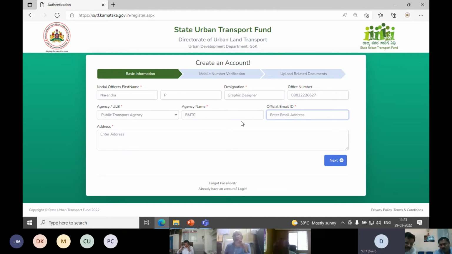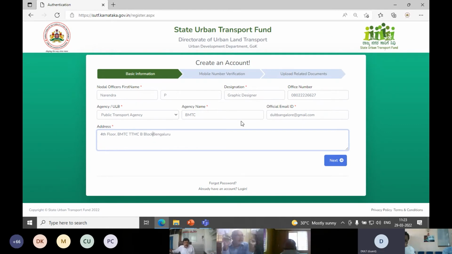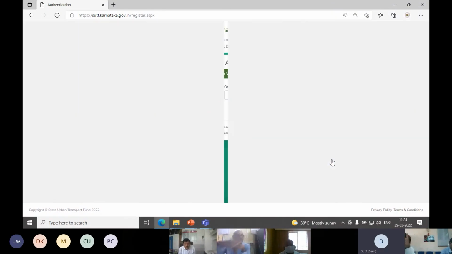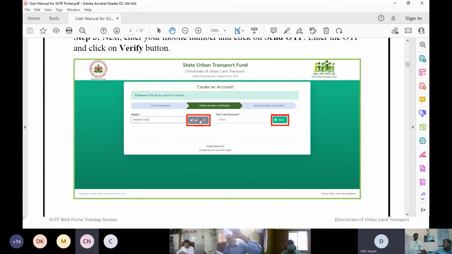I'll write BMTC, and I'll put our official mail ID for demo purpose only. Put your mobile number and click on send OTP.